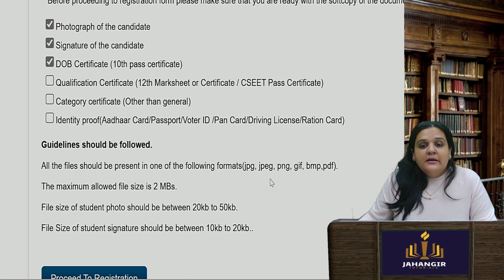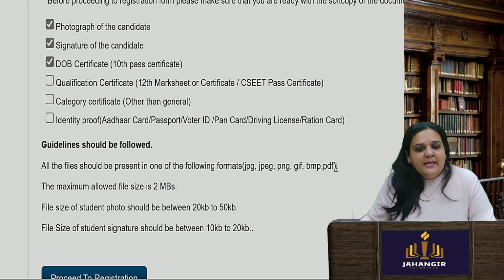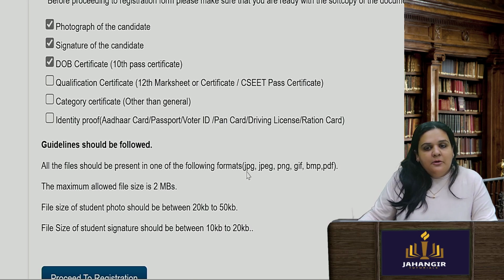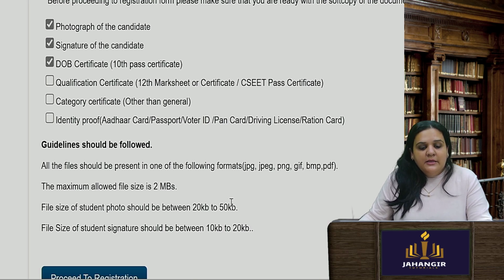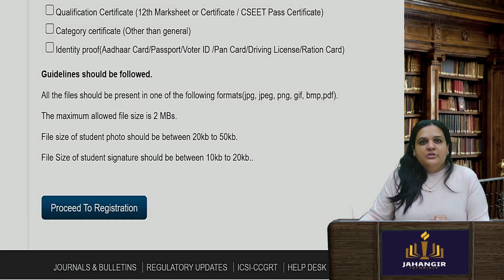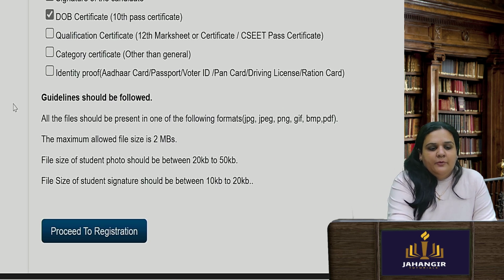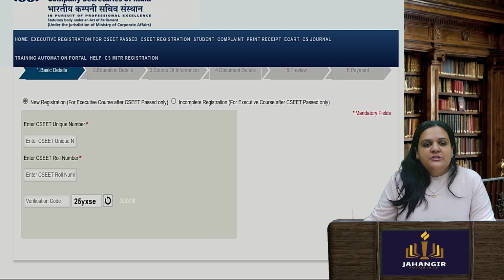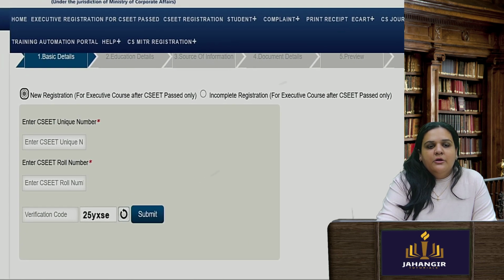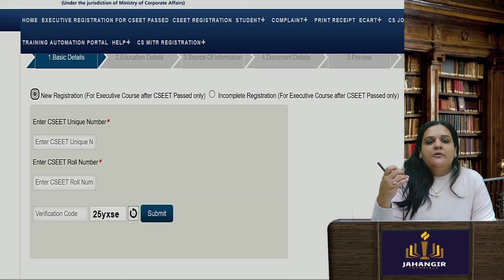If not, try other formats. First try PDF and JPG, the first and the last one, and then you can see which size it is fitting with, and then you can just click on proceed to registration. There will be a payment page which will open up. You have to do the payment and you are supposed to move forward after that. So you click all this, you then proceed for registration, and then you have your roll number.